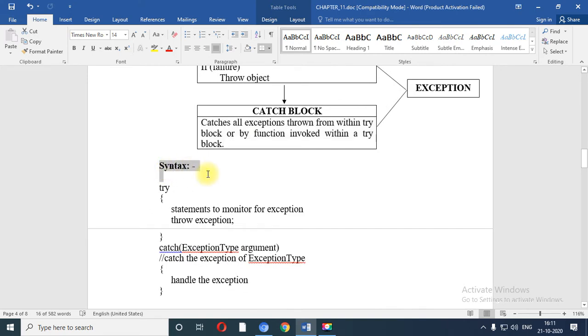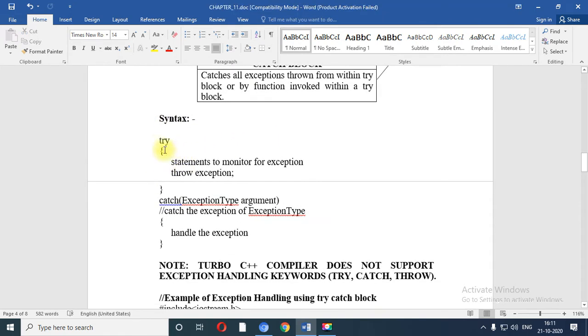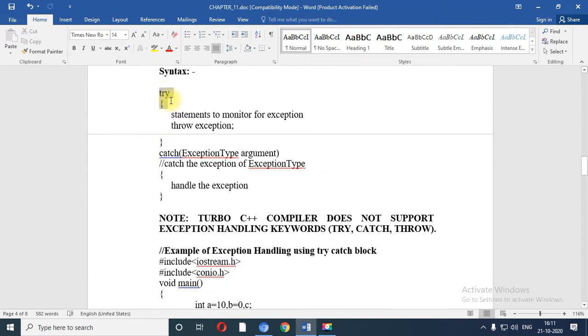Now refer to the syntax over here. We have try, then the statement to monitor for the exception. That means you need to write the kind of statement which may raise an exception, and put that statement inside the try block. Similarly, throw is a keyword, followed by the name of the exception and then a semicolon.